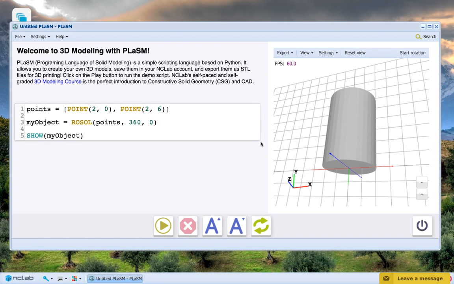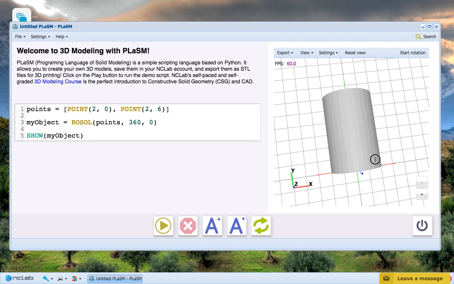Hey everybody! Today I'm going to teach you how to use the ROSOL command to create rotational solids, and how to use a set of points to create a Bezier curve. I'm going to start off by demonstrating how the ROSOL command works by explaining the current example that I've made here, and then going more in depth by showing you how changing the parameters affects the rotational solid in different